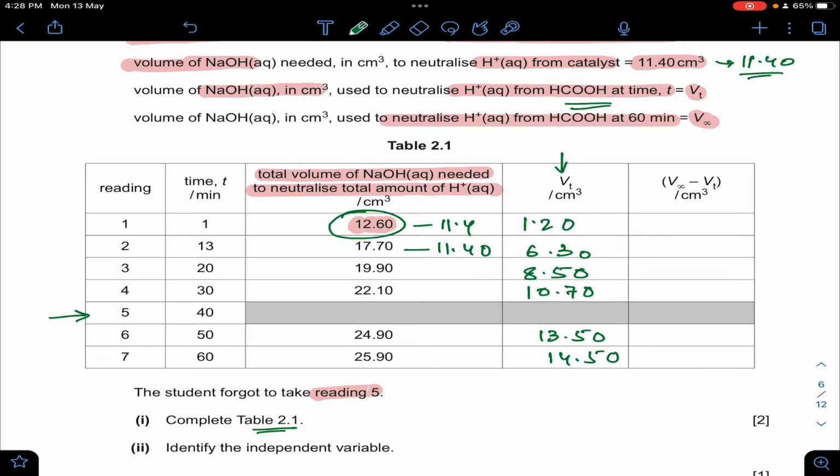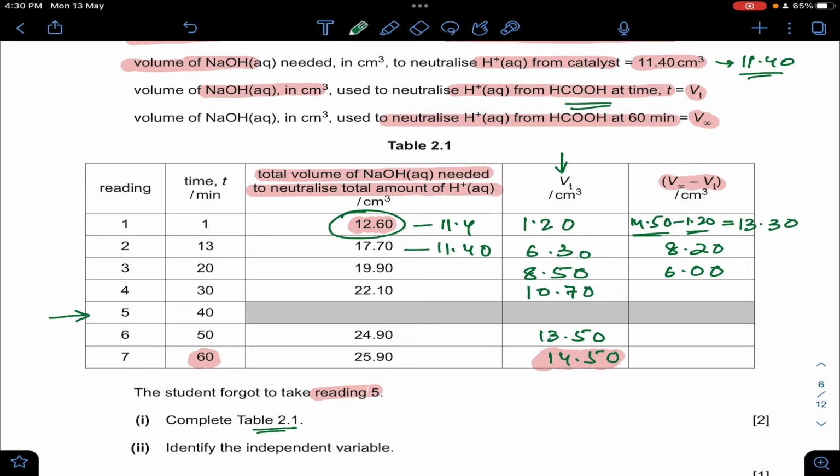Next is V infinity, which is the volume of NaOH required to neutralize H plus ion from methanoic acid at 60 minutes. So V infinity minus Vt, and this is the volume of NaOH required to neutralize the H plus ion from methanoic acid at time 60, right? So 14.50. So this would be equal to 14.50 minus 1.20. This is V infinity, this is Vt, and the answer is 13.30. Likewise, we get 8.20, 14.50 minus 6.30,